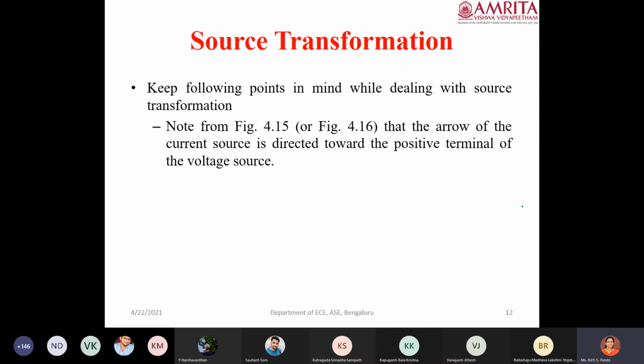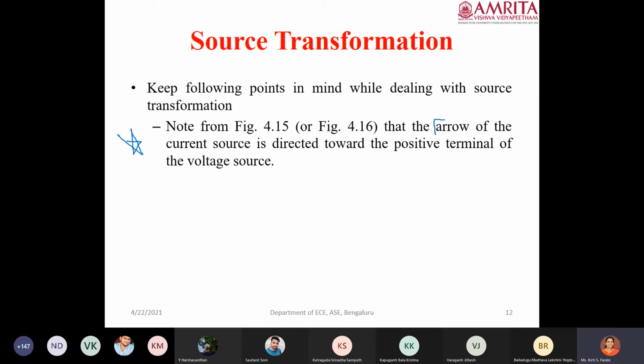The first point is, what is that we have studied? To take care of the arrow mark. How will you take care of the arrow mark for any current source or the voltage current source? What is that we are using the idea? Ma'am, positive terminal of voltage source should be in same direction to the arrow. Yes. So that means if the current is in upward direction, that means the upper pole is a positive pole, correct? Yes, ma'am. So that is what you should keep in your mind. Otherwise your answers may go wrong. So please keep this point in your mind.